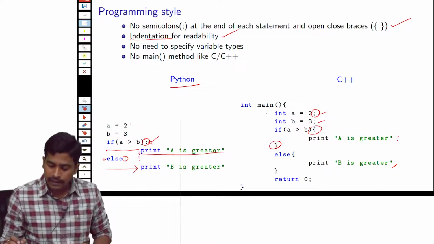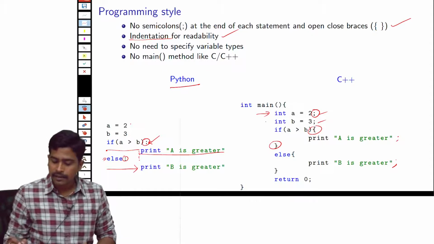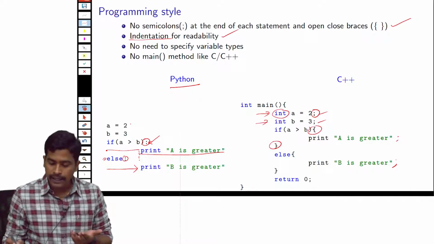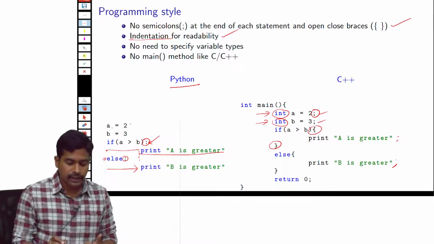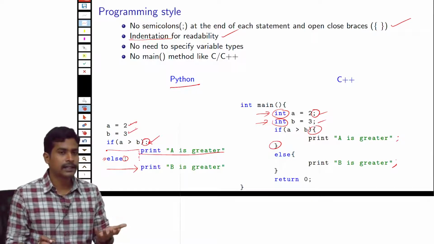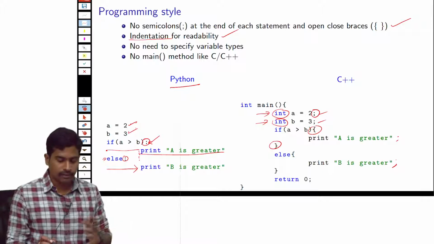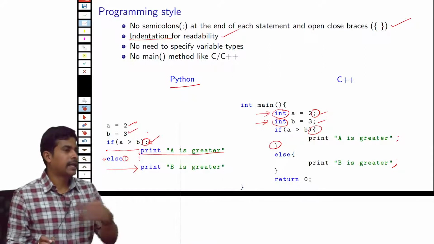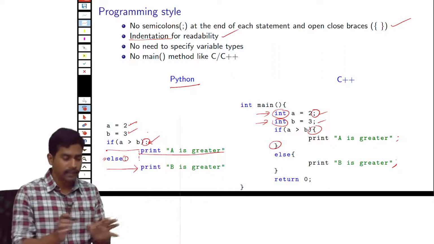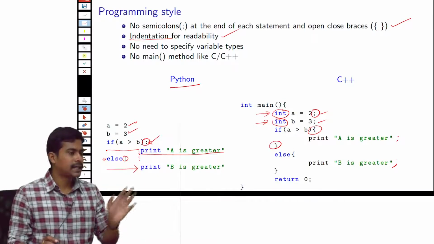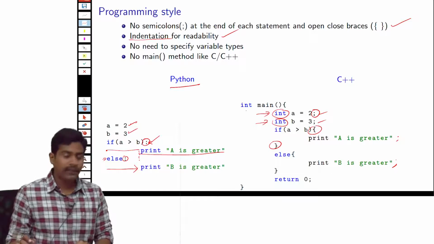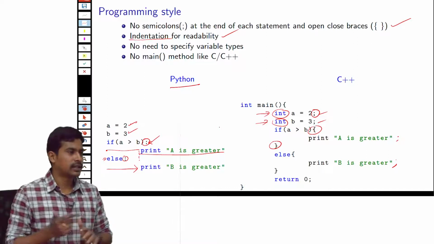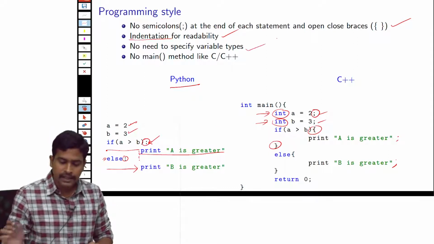And the third one: in C language, we have defined two variables A and B and declared them as integers by using the keyword int. But in Python, if you see these two statements, we have not specified whether it is an integer or float or a different type of variable. When you write A equals 2, the Python interpreter will itself take care of assigning the type to the variable. So A is by default declared as an integer because we have given it 2. This simplifies Python programming very much. You don't have to worry about variable types or anything, you just write like English sentences. So this is the third difference.